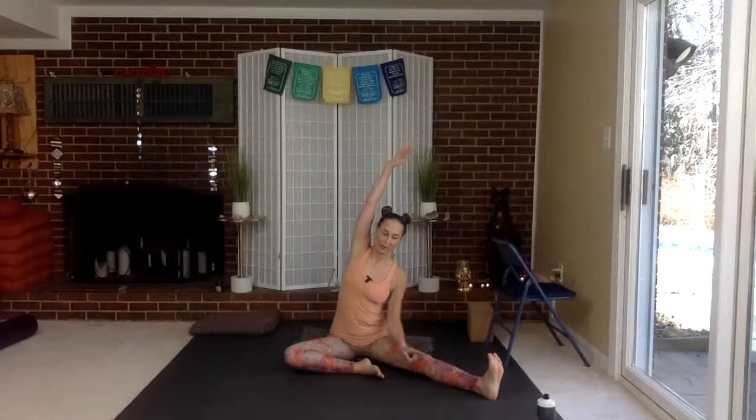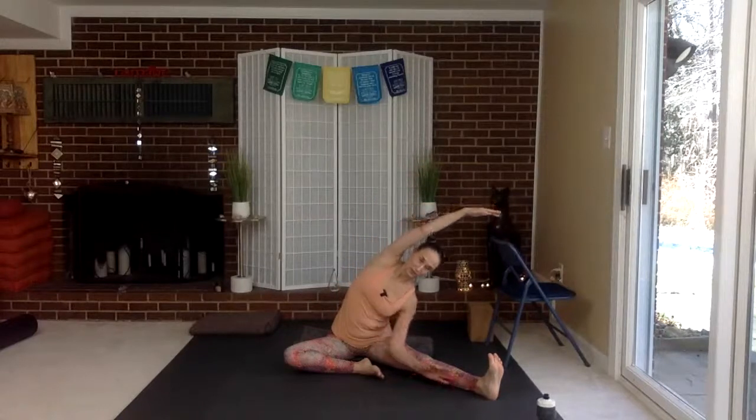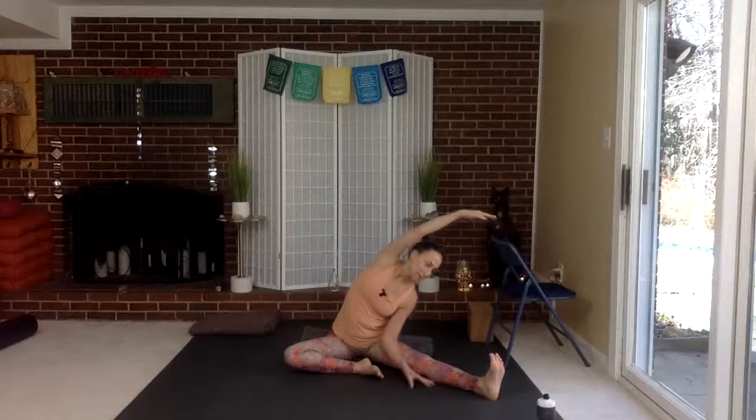Okay. We're going to take a side bend here. So the arm of the bent knee, you lift that on a breath in, and then on a breath out, you're going to lean towards the straight leg. And then the bottom arm, it can be wherever it's comfortable for you. I'm going to put my elbow in front of the inner knee. Sometimes we put a block here